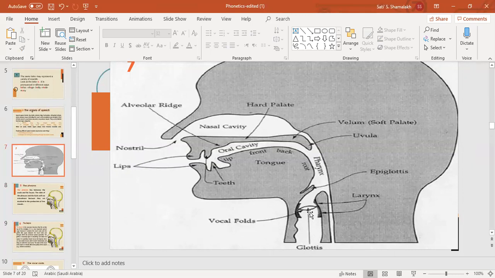Glottis, where the air passes. When the air passes between the vocal cords, when they are open, the air vibrates the vocal cords. We produce voiced sounds like j, and so on. When the vocal cords are over each other, very narrowed, we produce voiceless sounds like f, okay? F, and so on.